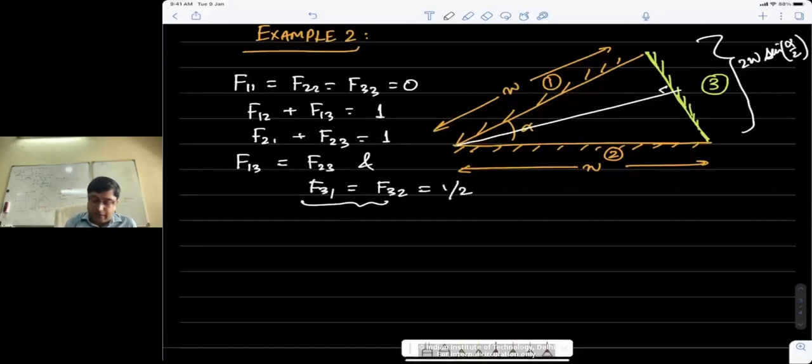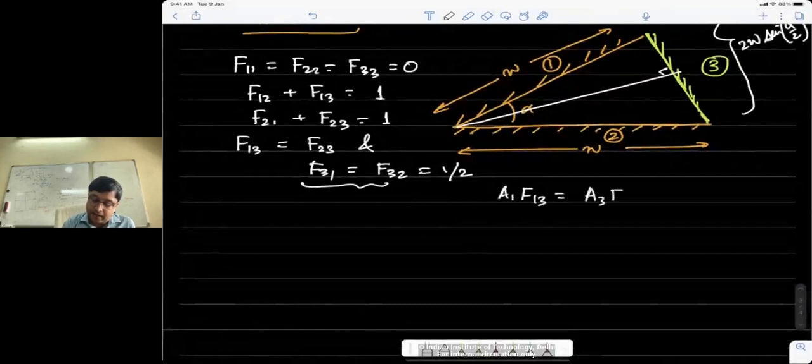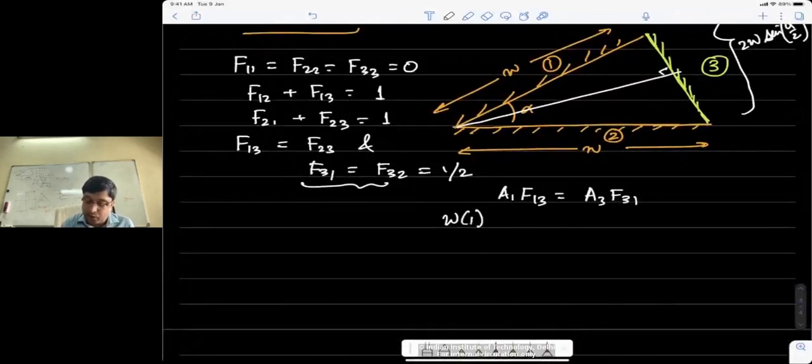So 0.5, f31 should be equal to f32, and that should be equal to 1 by 2. And then I can use reciprocity and say that a1 f13 would be a3 f31, and so a1 is just w times some unit length into f13, and this should be a3, which should be 2w sine alpha by 2 into f31. So w gets cancelled, and so we get f31